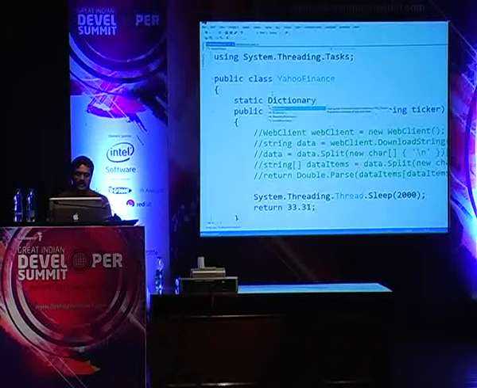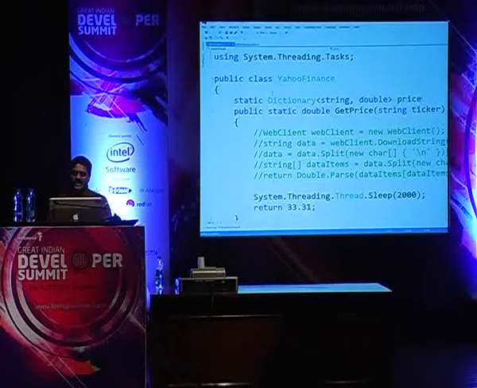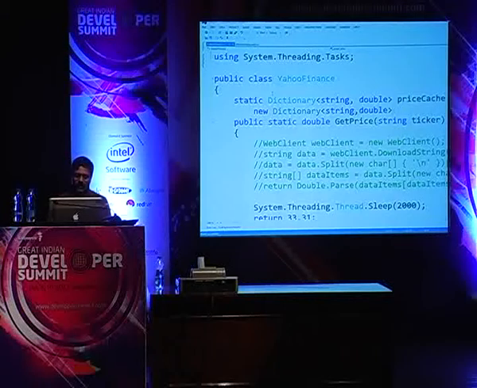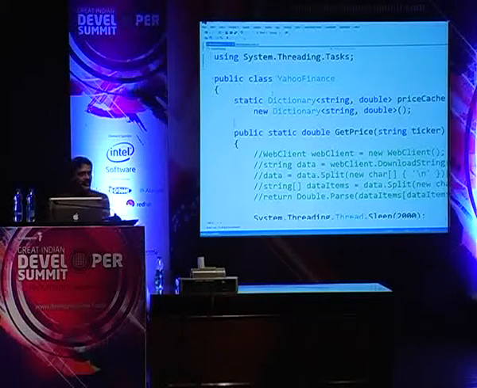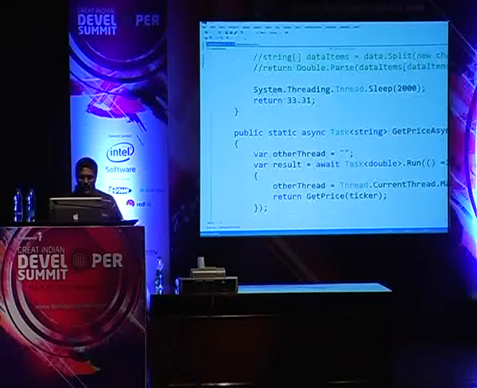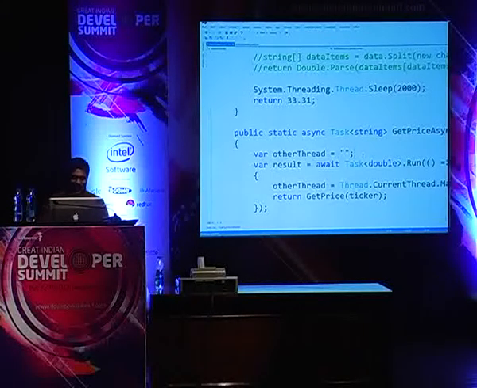Dictionary, and in this case, string comma double, and I'm going to call it price cache. So I'm going to cache these prices over here, equals new dictionary. So I have created a cache for myself. And then in my code down here, I'm going to say the other thread, that's perfectly fine, but I'm going